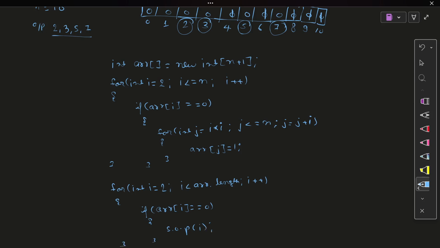Okay. So the time complexity of this program is n log n. Okay. And the space complexity is log n. Yes, space complexity. This algorithm is called the Sieve algorithm. So now